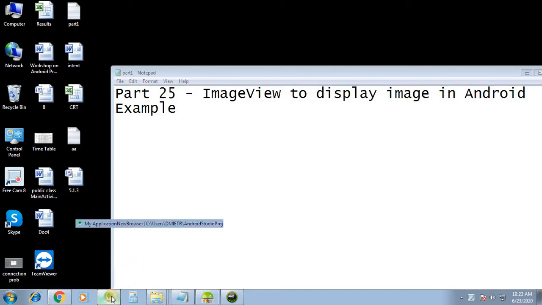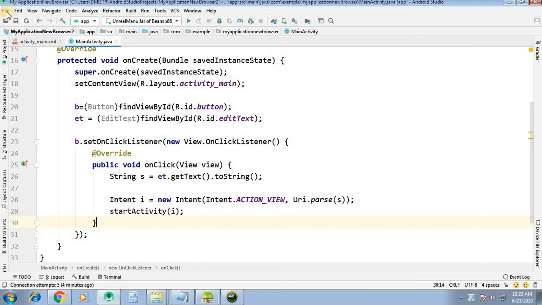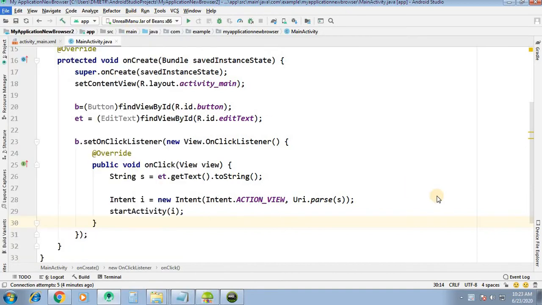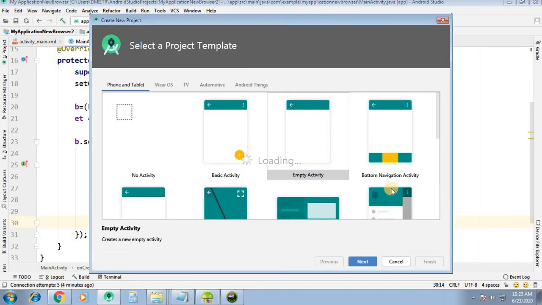Start your Android Studio, from File, New Project, Empty Activity, Next.